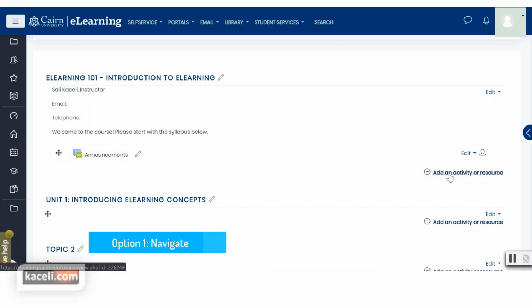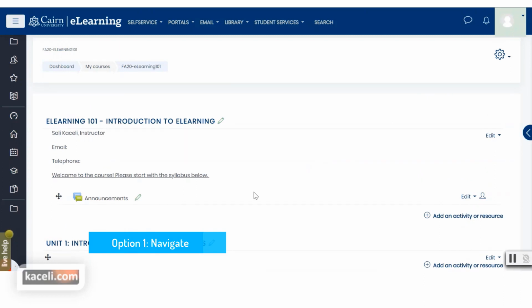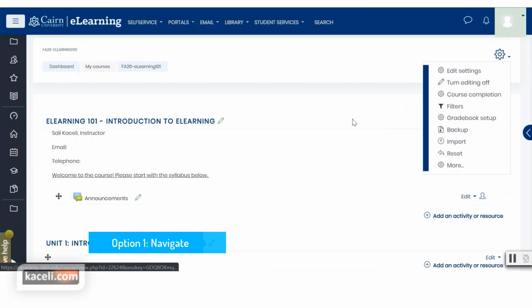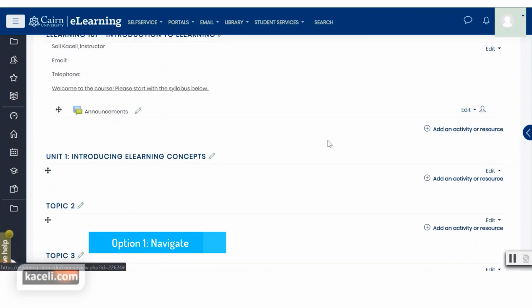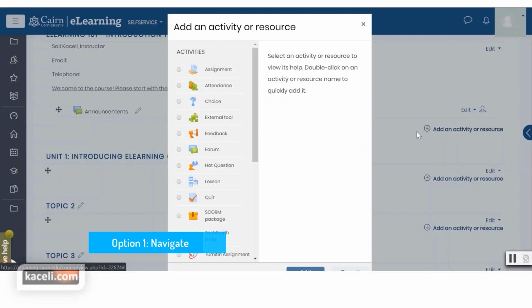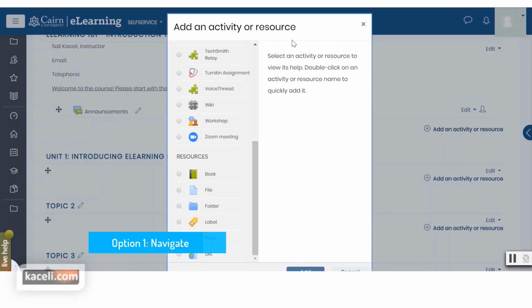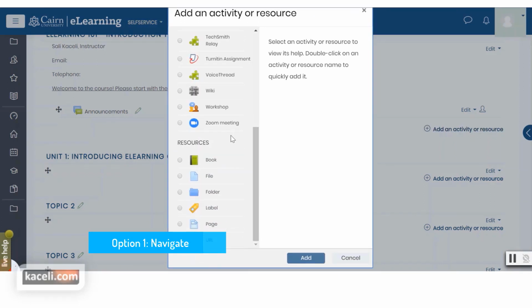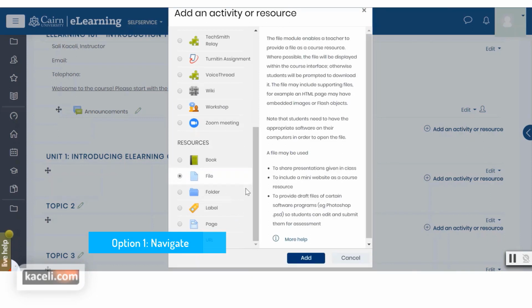So we're going to click here, assuming you have editing turned on in your course. If you don't, click on the gear icon here and choose turn editing on to make sure that you can edit and modify stuff in the course. Now at this point we are going to add the syllabus manually by clicking on add an activity, and then we're going to scroll down here under the list of resources and activities, and we're going to choose here the file option. So we want to upload the syllabus as a PDF file. Then we're going to click on add,